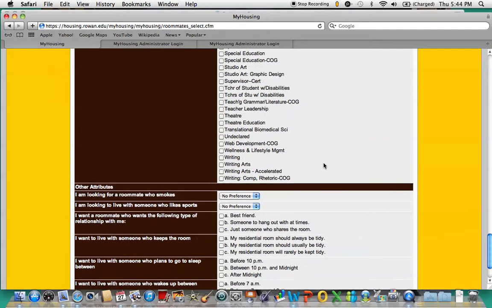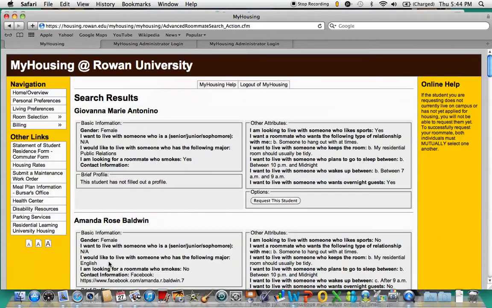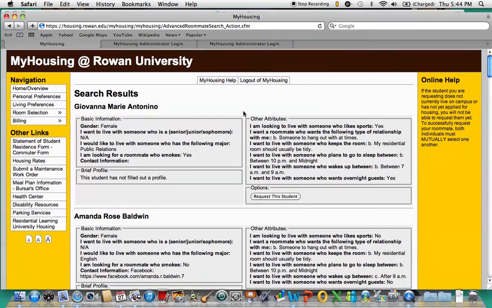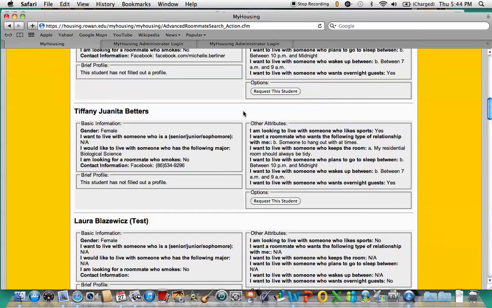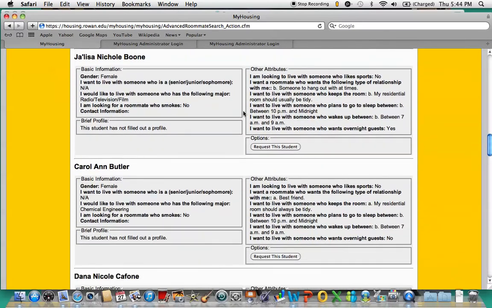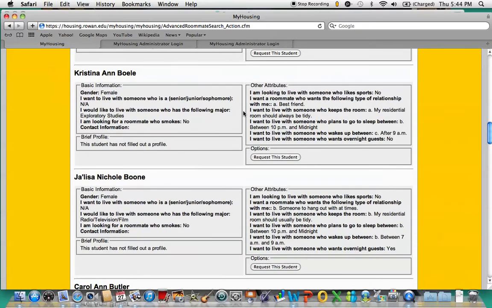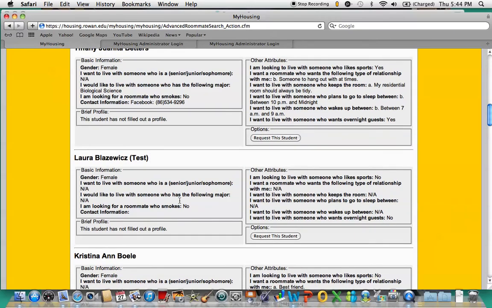Click anything and everything that's applicable to you, and then you would click the Begin Search button, or you can just leave it all blank like I'm going to do, and you'll click the Begin Search. And then this will bring you to a page where you can click on any and all lottery eligible students that have filled out a profile and or have a profile on file with us. So say this is a person I want to request. You would click the Request This Student button,